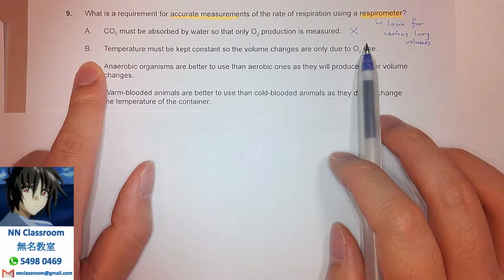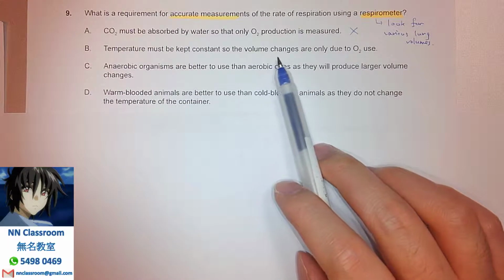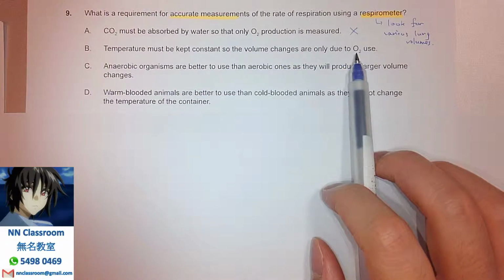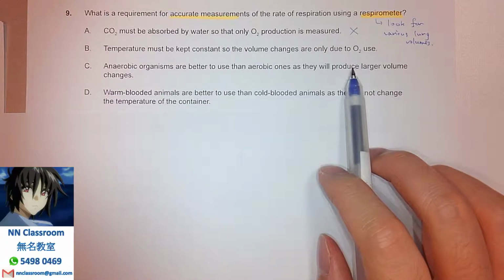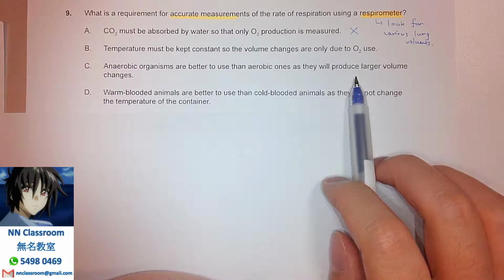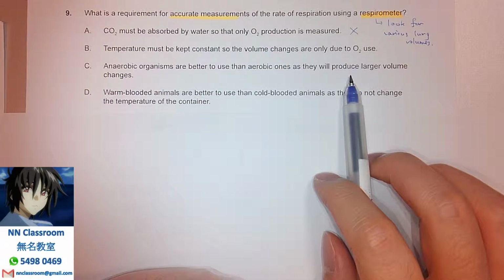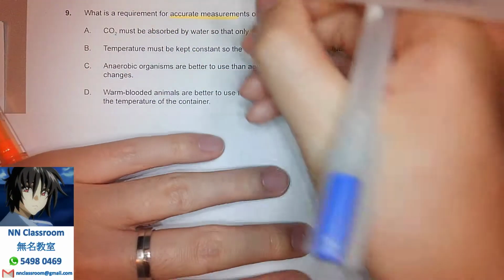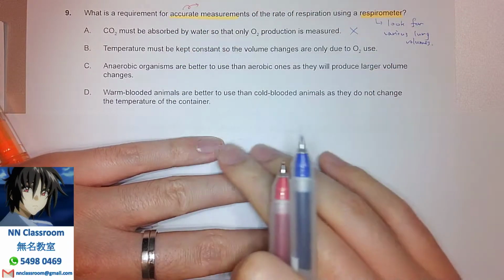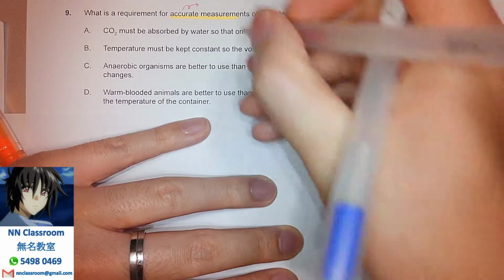So A is wrong. B, temperature must be kept constant so that the volume changes are only due to O2 use. This is a correct statement because this deals with a really important concept when setting up an experiment: a lot of things need to be controlled in order to get an accurate measurement. So the knowledge or concept behind this is that for us to have an accurate measurement during any experiment, we should ensure